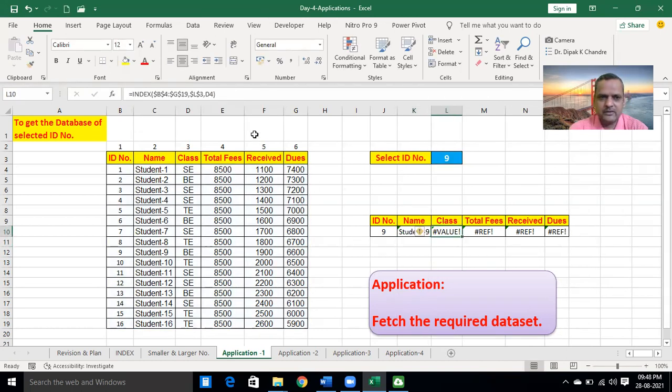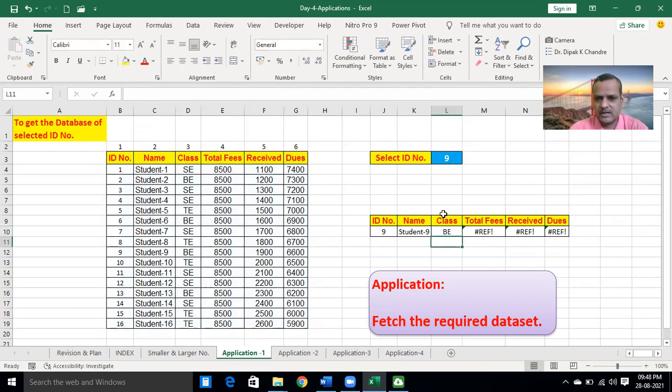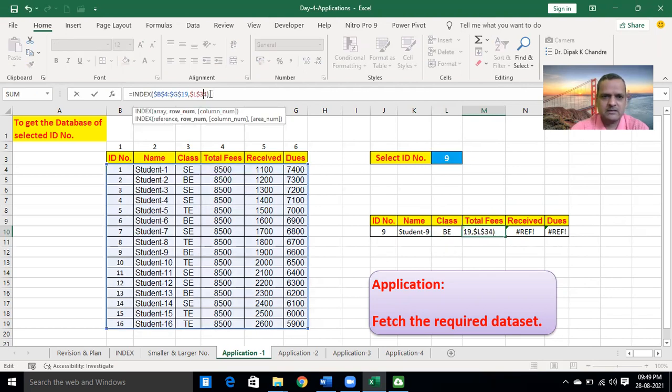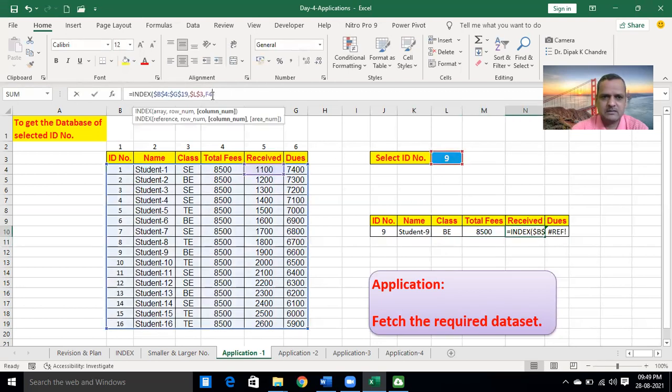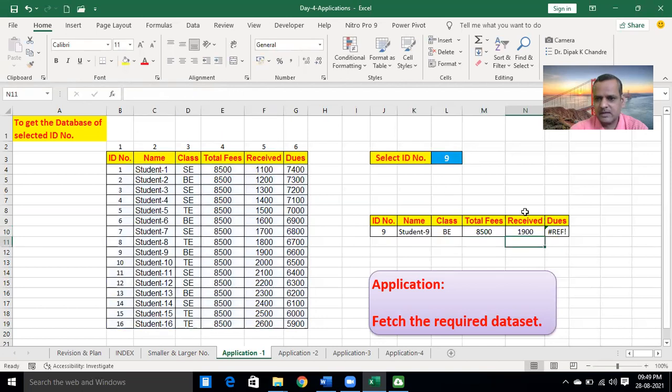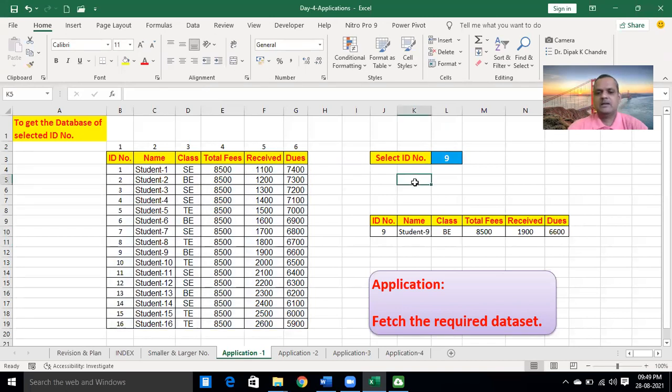And here you need to insert column number 3 for class, column number 4 for the total fee, received represents 5, and dues you need to insert 6. Is it understood? You need to insert the column number, but it is a very hectic job.